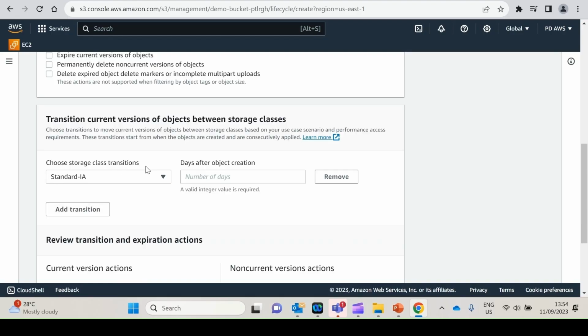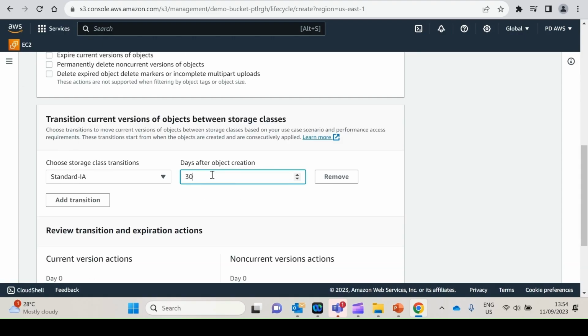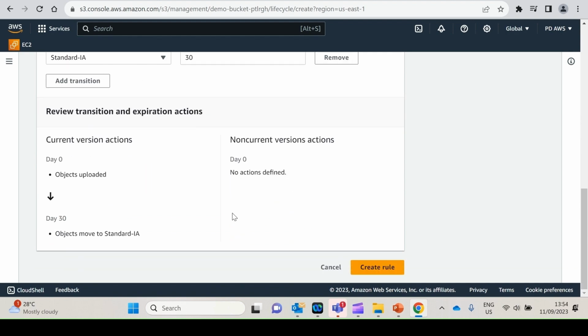For the storage class, I choose infrequent access, so the current version will move to infrequent access after 30 days. This is the one lifecycle rule I have created. The object will move from Standard to infrequent access after 30 days. Now let's create this rule.